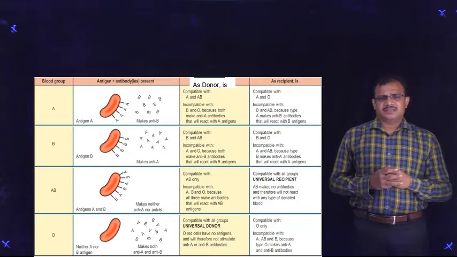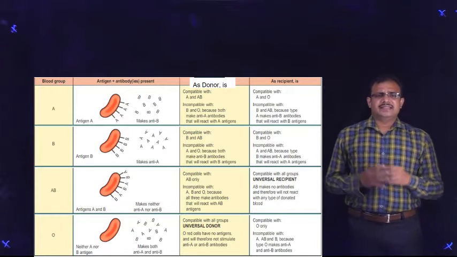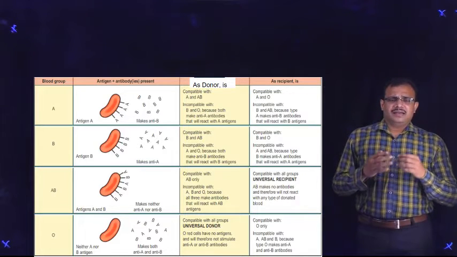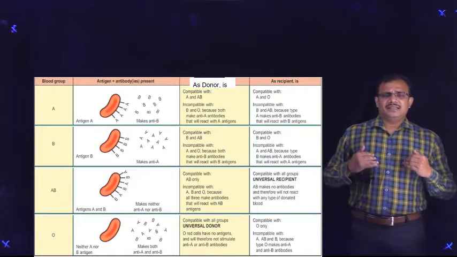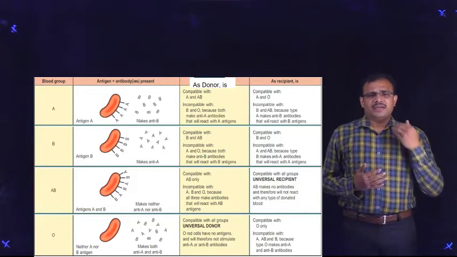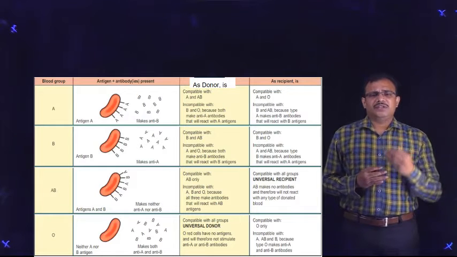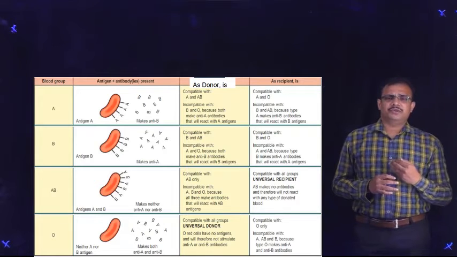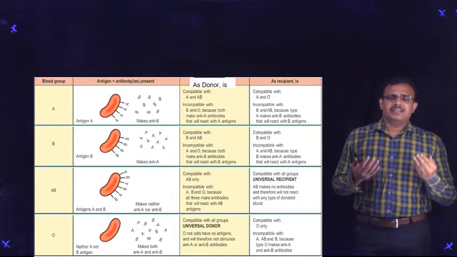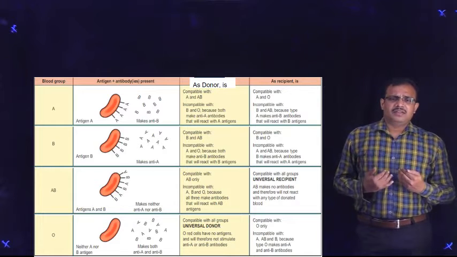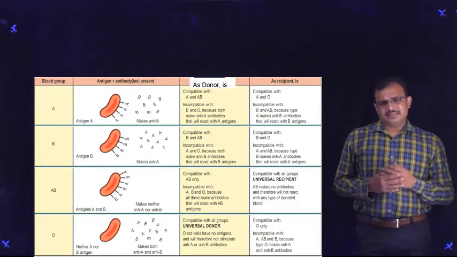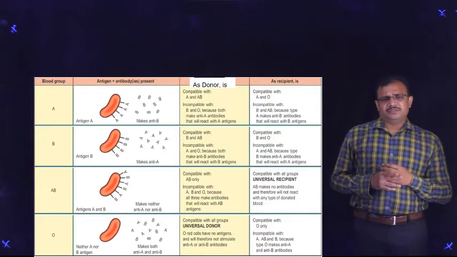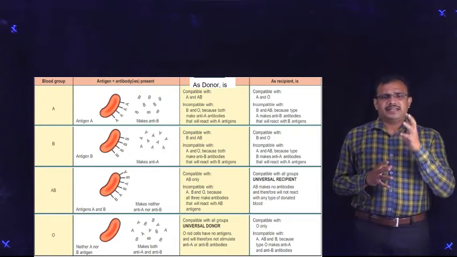Any foreign substance which enters the body is considered an antigen, and immediately the antibody present in the human body will go and react with that antigen and try to destroy it. Because if that foreign antigen which has come into our body is not destroyed, it will destroy our cells and lead to infection or disease. Hence the antibodies play an important role in the defense mechanism, and they are specific to certain antigens.